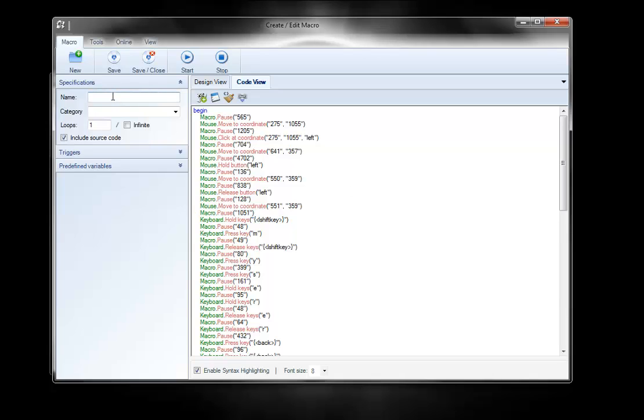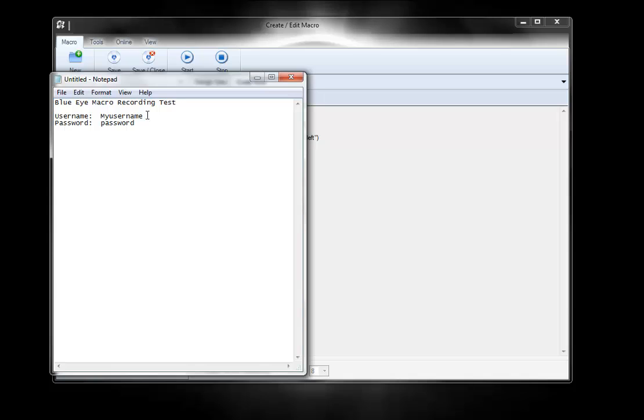So to play it back, you're going to have to give it a name. So I'll do first test and just put it under test, and then go ahead and hit start. And it's going to go down. It's going to open up Notepad like we did before. It should go ahead and select it, and then type the same thing I did, even with the mistakes, and then select the second one. Then afterwards it should hit enter,